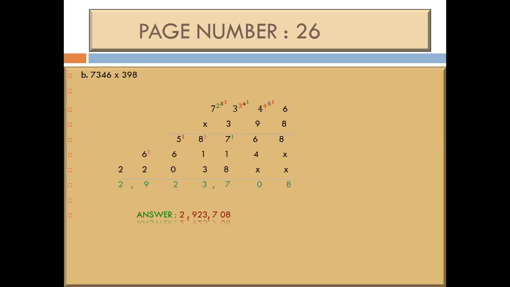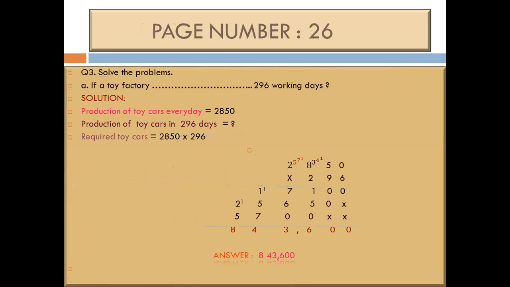And then we complete the multiplication of the 100 place, and at the end, you know that always in multiplication, we add the numbers. We add all the digits and we get the required answer. Yes, now we have question number 3, and these all parts are statement questions. You write the statement with every question, and then after writing the statement, you multiply the numbers. You cannot do the multiplication directly.